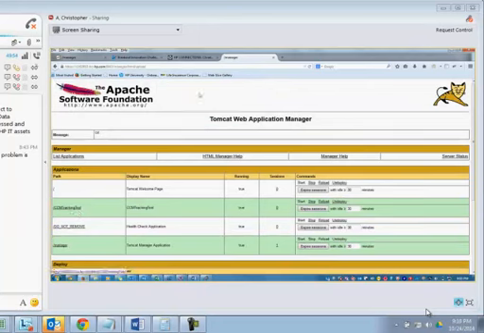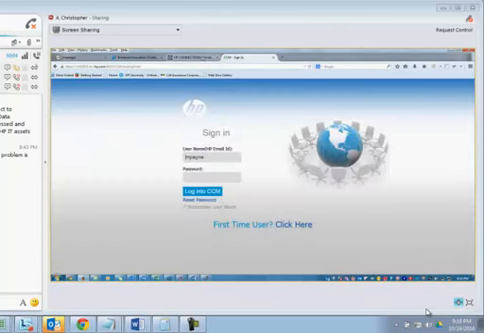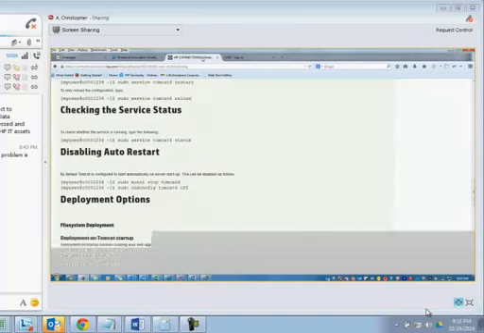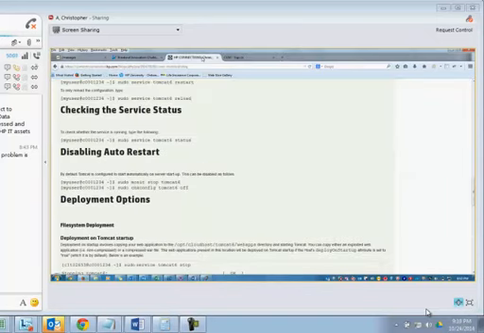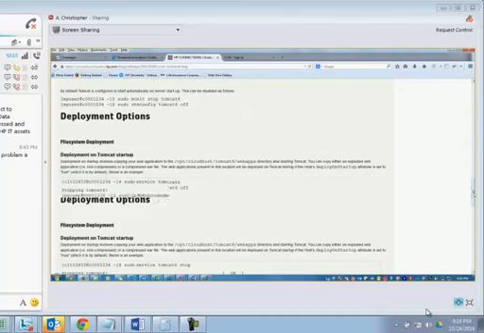Once it has deployed successfully, if you click on this one, it will directly take you to the home screen of your application. And this comes to an end of your deployment and connecting to your Tomcat server. Next, we're going to see how to interact with your